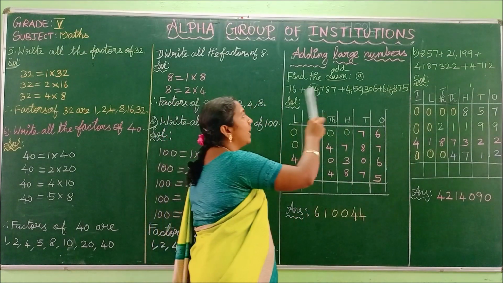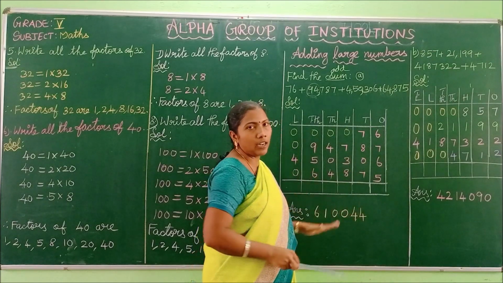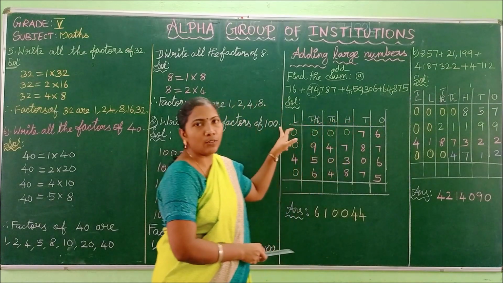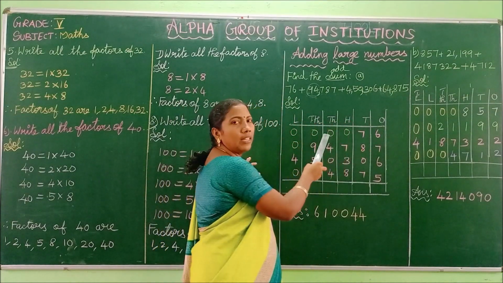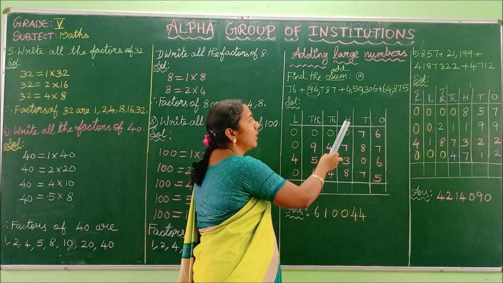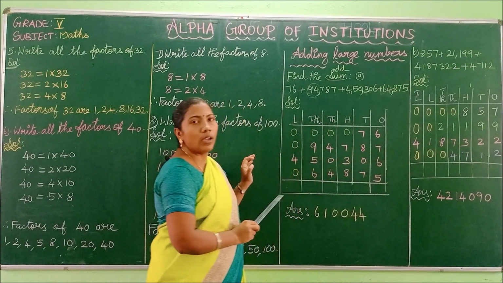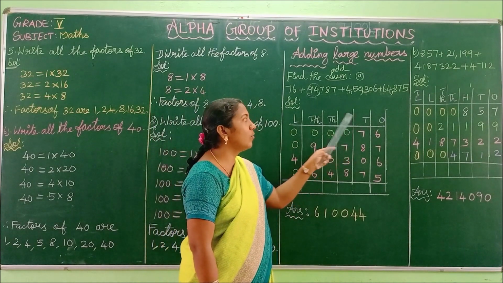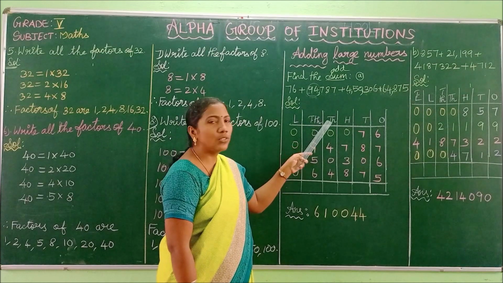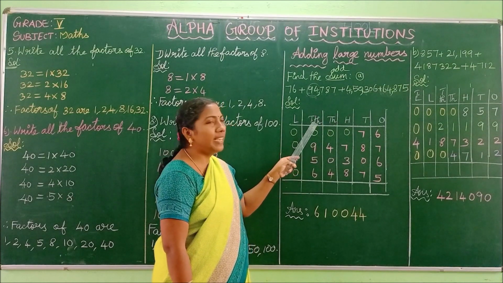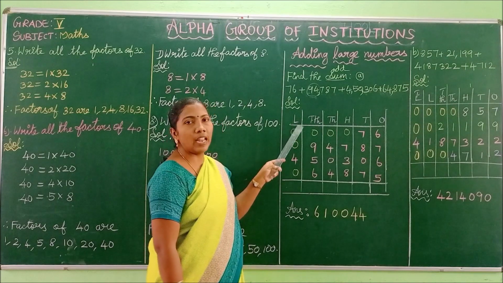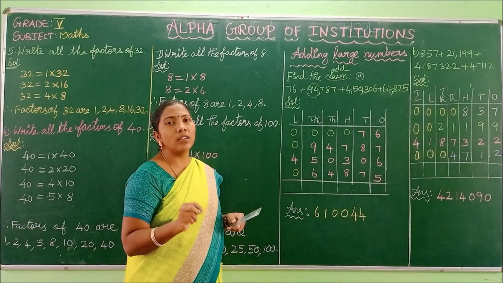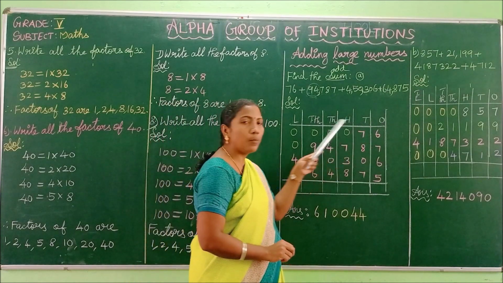You have to add these numbers. Before that, you have to arrange the numbers. How do you arrange them? First, you have to write the place values to avoid confusion. You can use a pencil to write the place values. Ones, tens, 100, 1000, 10,000, lakh. For ones, you write only O. For tens, T. For 100, H. For thousands, T and H. For 10,000, T dot TH. For lakh, L. For 10 lakh, T dot L. For crore, C. For 10 crore, T dot C.